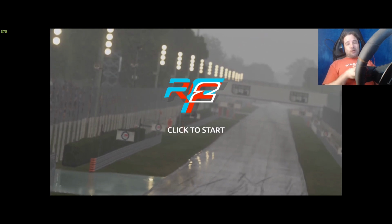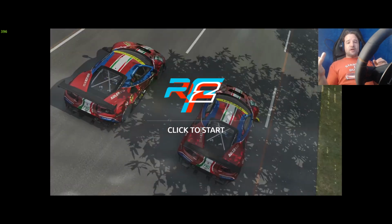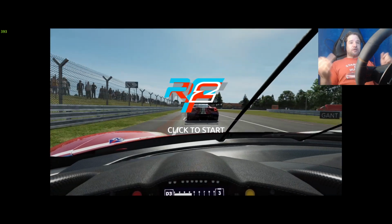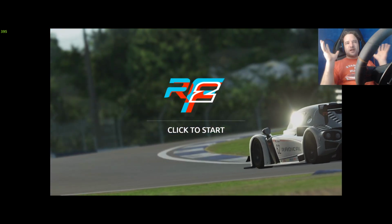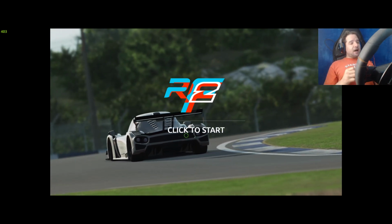So the main questions I have been asked about this is, one, does NIS work for triple screens? Does it work for VR? And, quite a popular one this was, how well does it work for rFactor 2 by Studio 397? So we're going to look at rFactor 2 specifically today. So to answer those questions very quickly, one,